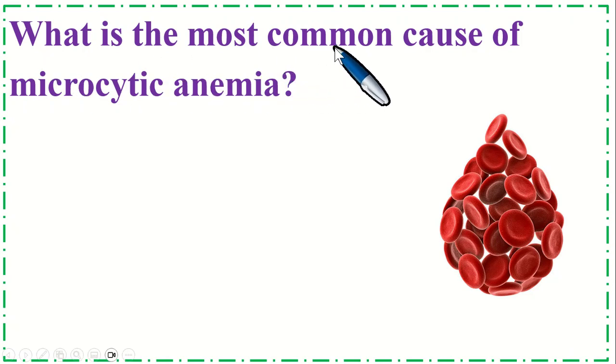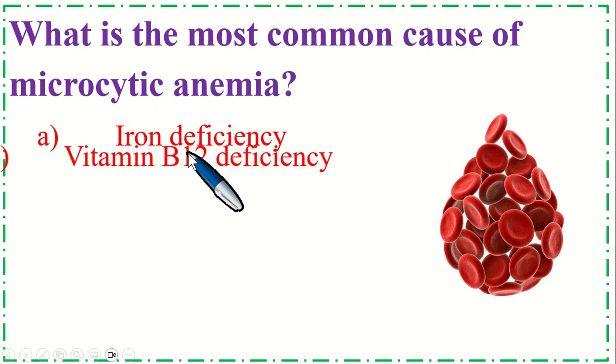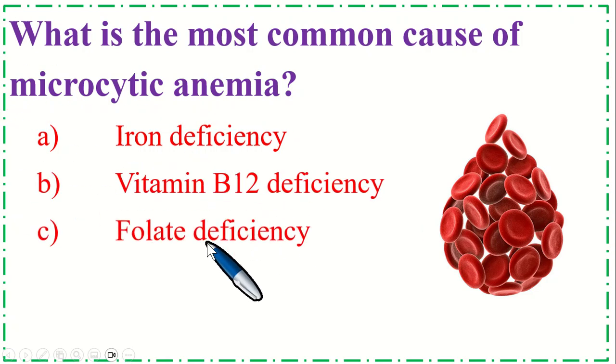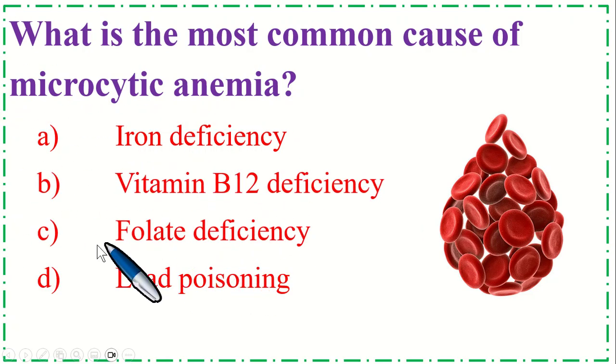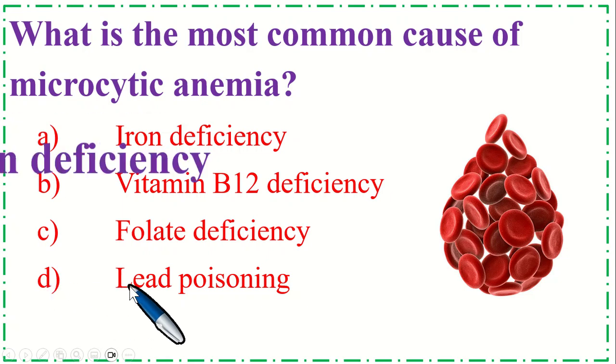What is the most common cause of microcytic anemia? Option A, iron deficiency. B, vitamin B12 deficiency. C, folate deficiency. And option D, lead poisoning. So the correct option is A,